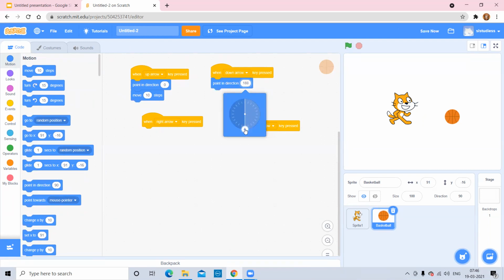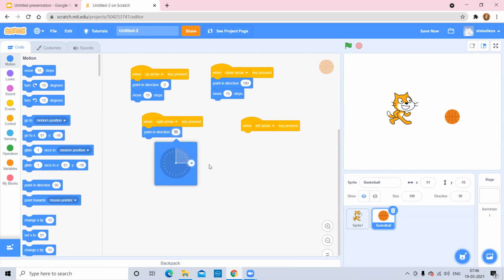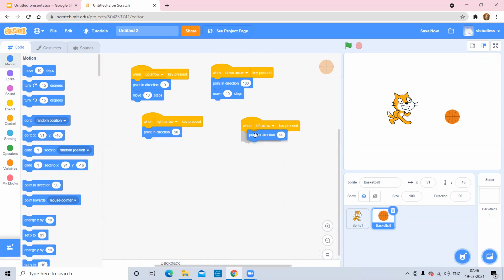So down, and now for giving the movement, move 10 steps. Now point in direction towards right, that is 90 degrees, and for the left, minus 90. Now I should give the movement for the right and left also.